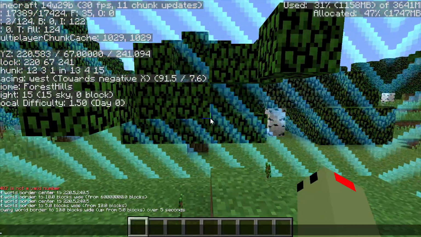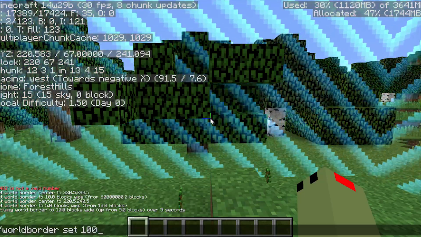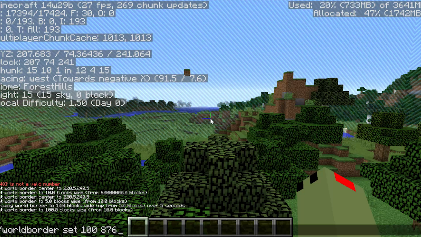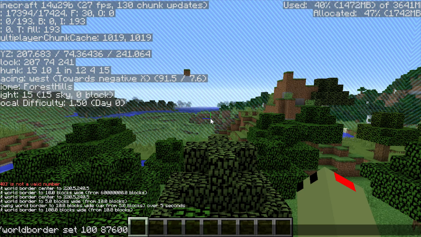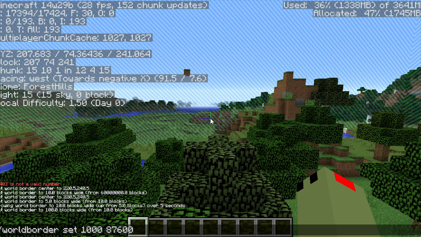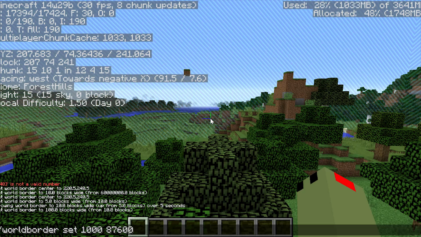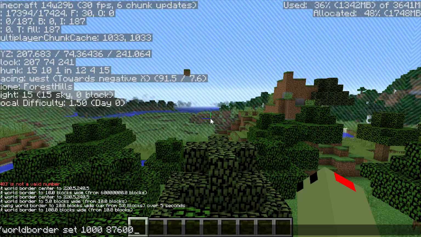Okay. And then say I wanted a world border the size of 100 to expand over 24 hours, so that's roughly 24 hours in seconds, from 100 to 1000. Once you set it to the size that you want to start off with, you then do /world border set, the size that you want it to finish off with, and then the time you want it to take. So 87,600 seconds